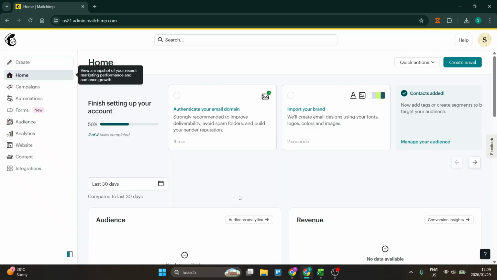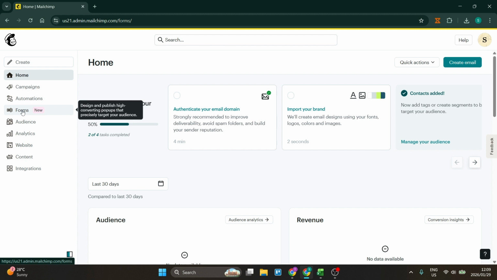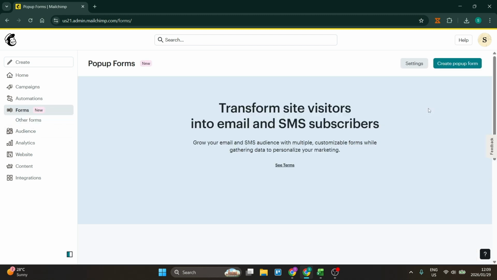Today I'm going to show you how to build sign-up forms in Mailchimp. Building a sign-up form in Mailchimp is awesome, quick and easy. So let's go to the left-hand side on our sidebar, click on Forms, and here you are going to click